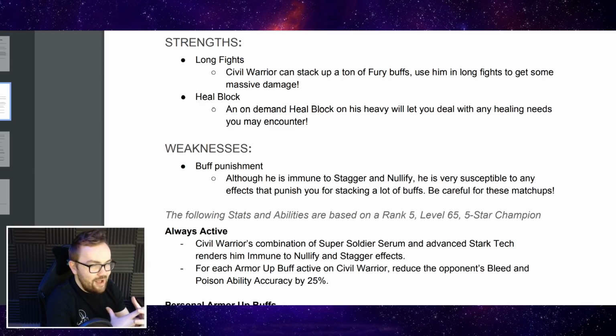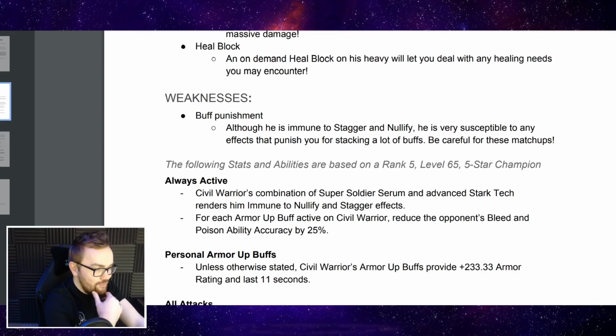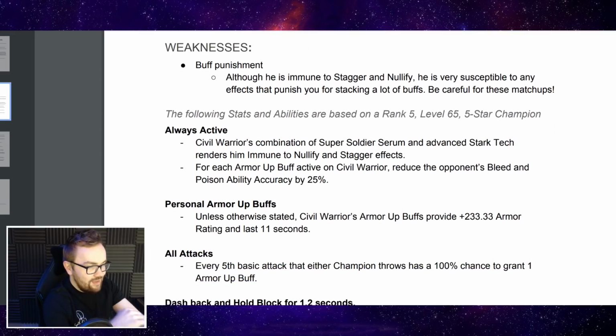annoying for Mystic champions, but also most Cosmic champions nowadays have access to so much armor break, and also Azure is getting buffed as well to have even more armor break. So yeah, I don't think he's going to be the worst defender to deal with, just a little bit more